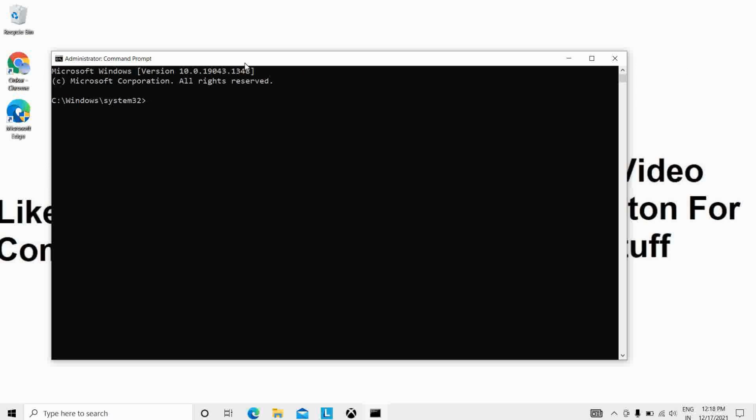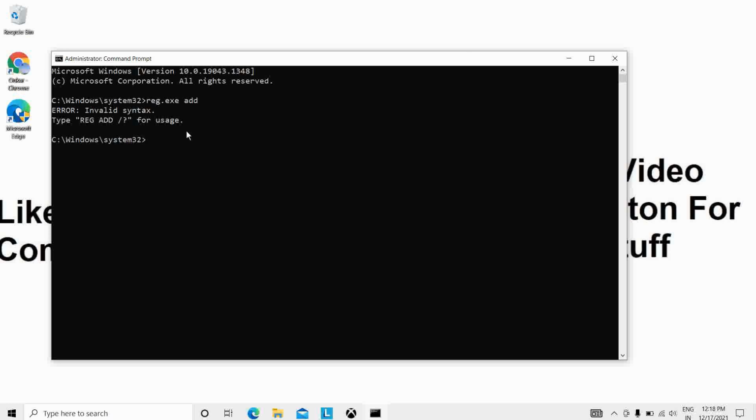Then you have to type reg.exe add. I will type reg.exe add, enter. So here is the syntax. It's showing me this because I don't have the reg.exe entry for the DVD.